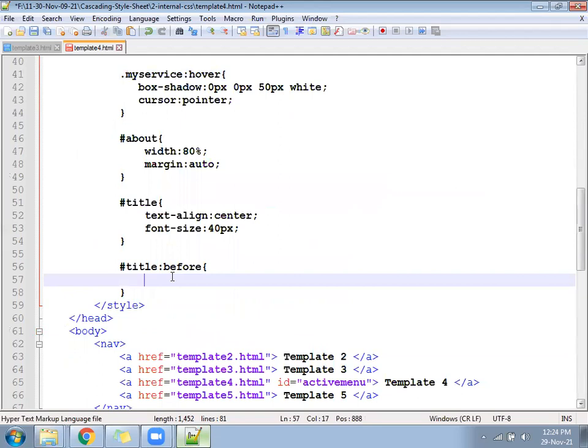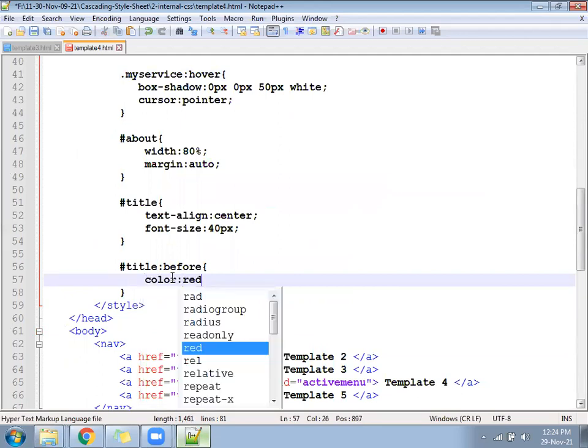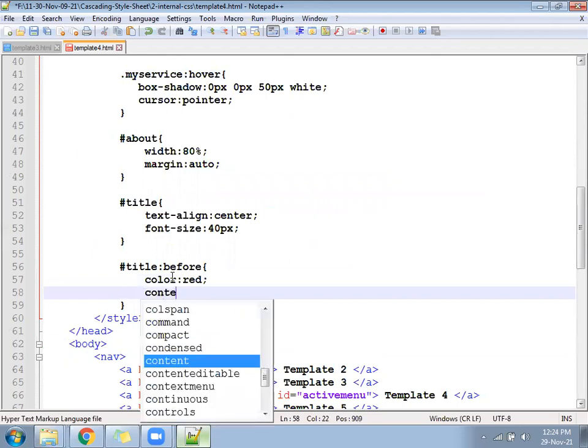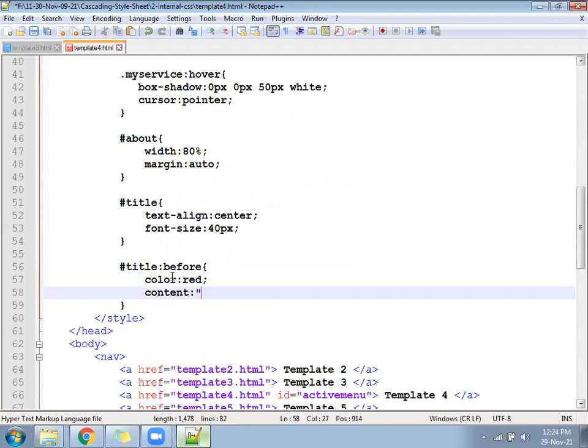Before about us, in a red color, something should appear. Content colon exclamation. Okay.